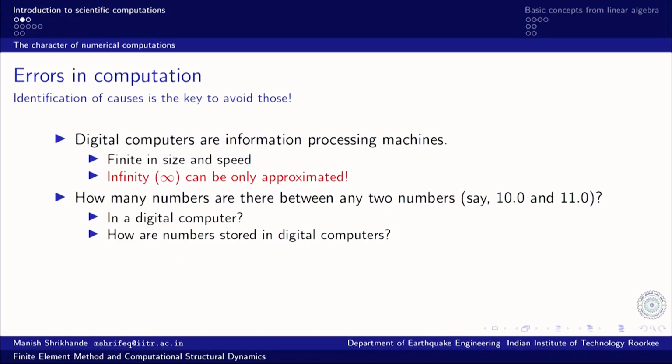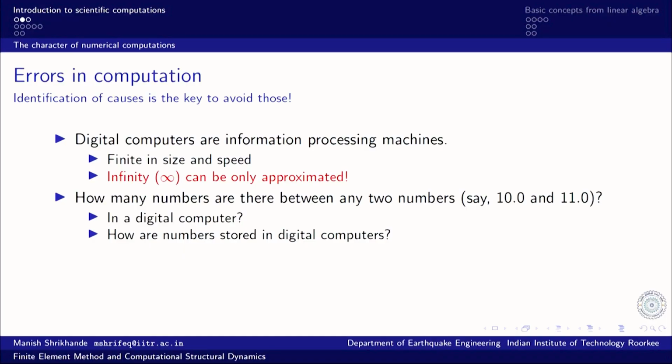But is it possible in a digital computer? As I said, infinity is not possible in any form. So it is not just the range, not just the end values minus infinity to plus infinity, it is the numbers in between any two consecutive numbers that we may choose. Even that infinite population, those infinite fill-ins that we take for granted on the real number line, is not available in a digital computer.